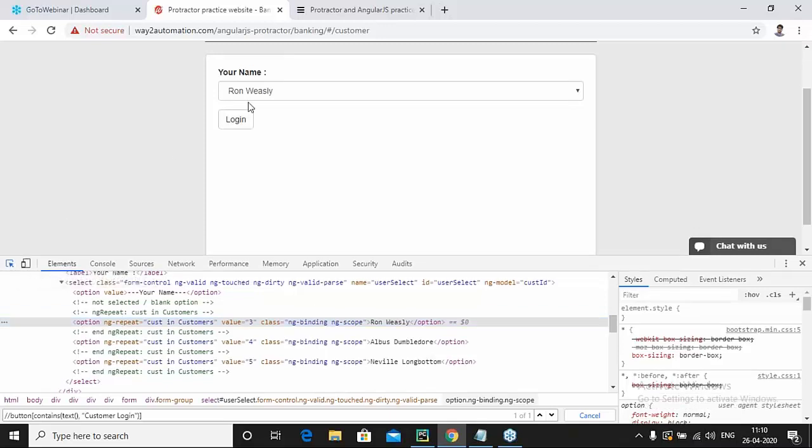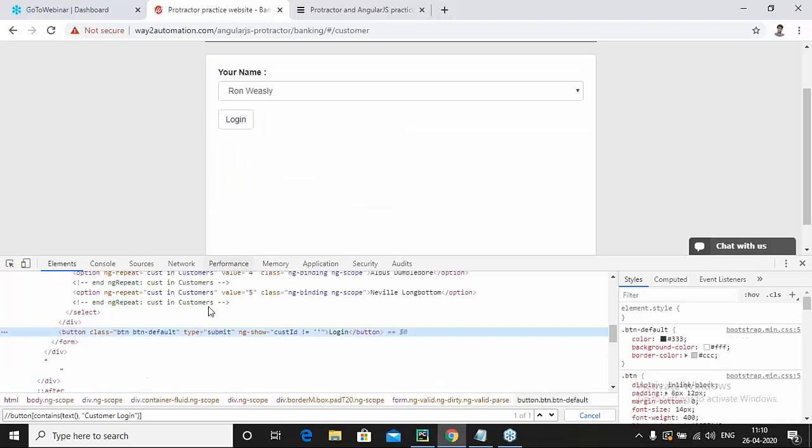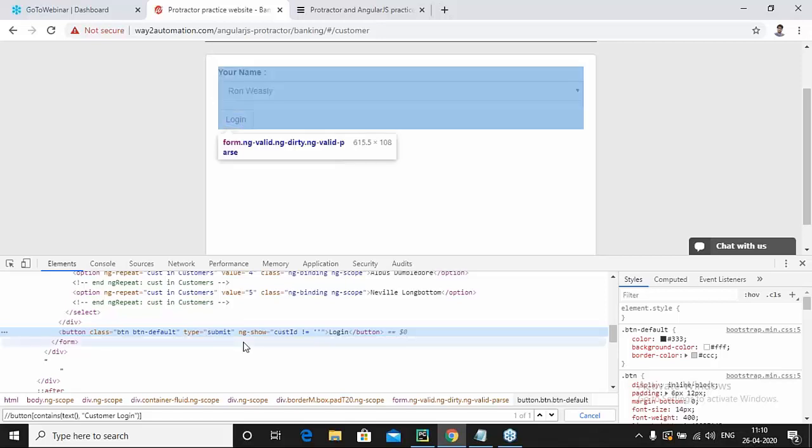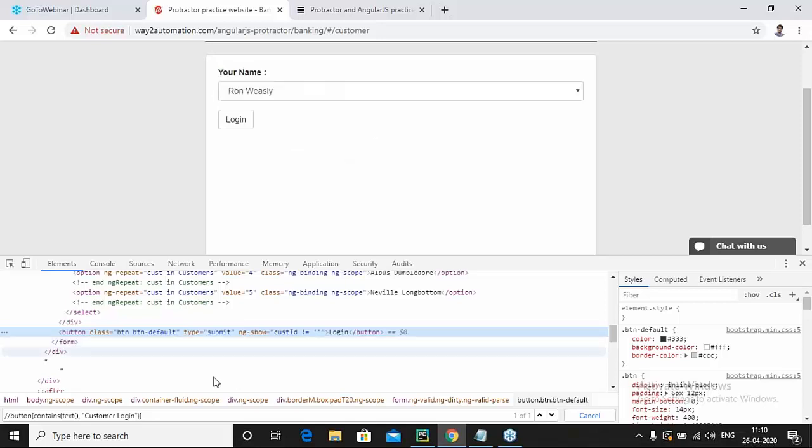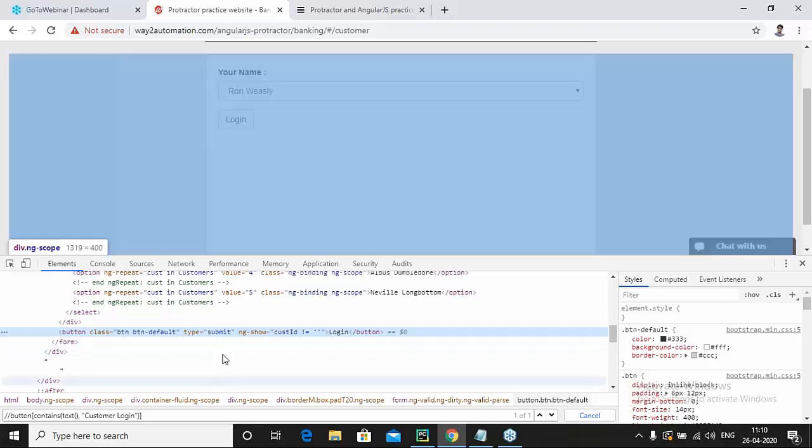How can I access it? I can simply go and inspect this element. It says that it does not have a specific ID. So what we are going to use here is the XPath for this. How can we write the XPath? Button contains text. I'm going to simply write here login. You can see we have obtained an XPath.